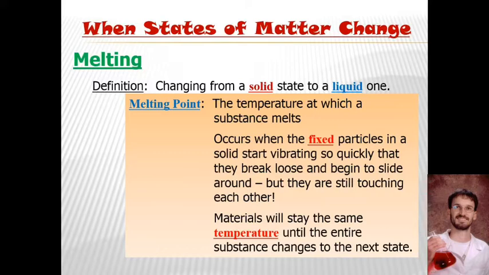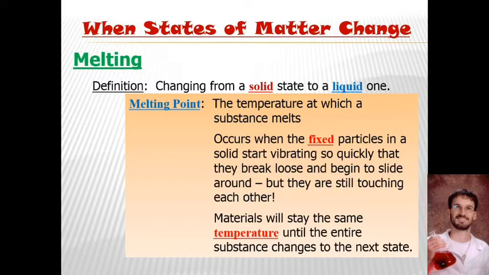Now, a material will stay the same temperature the entire time while it's changing state. So if you look at those phase change diagrams, the graphs that we'll be seeing a lot, where the solid is at the bottom, and then it shows it melting, and then it's a liquid, and then it shows it evaporating, and then it's a gas. The moments where it is changing state, the temperature line is always going to be horizontal,